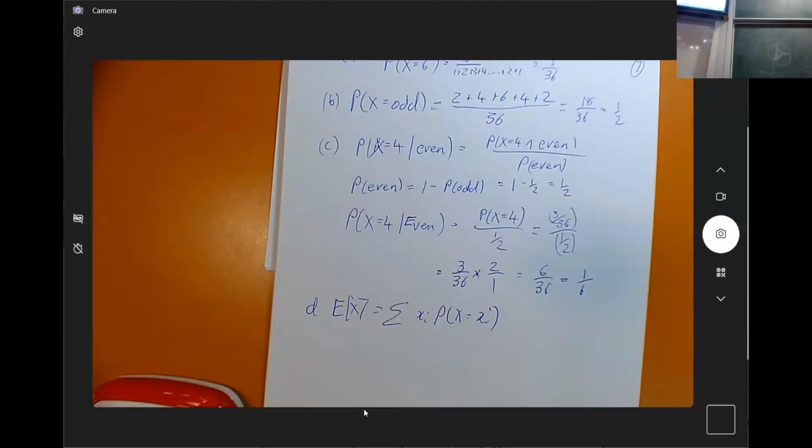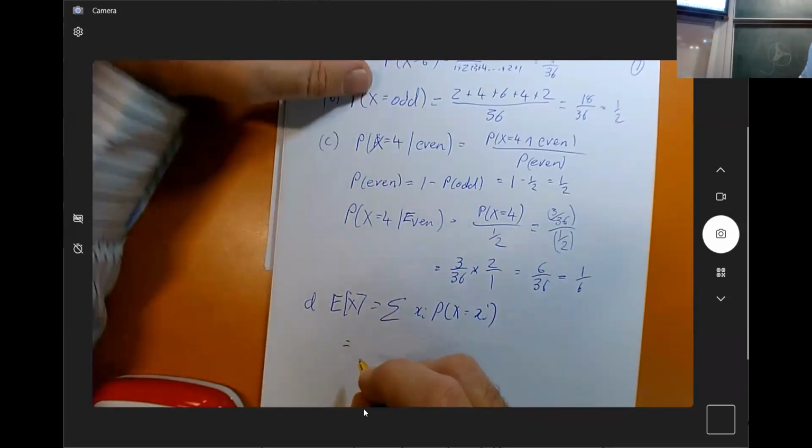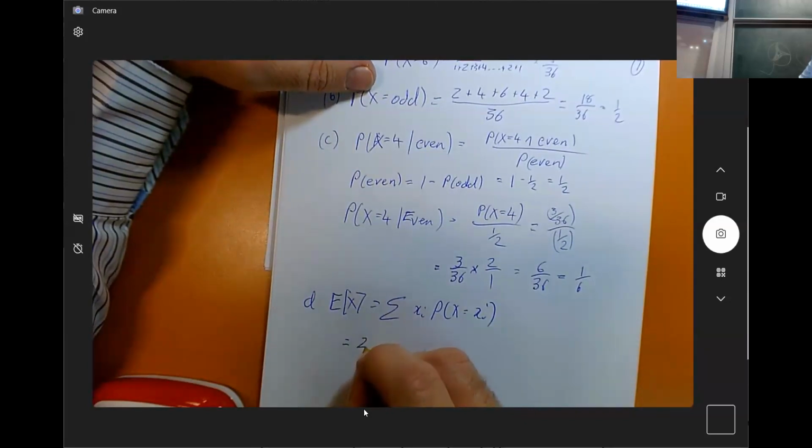It also says that if there's 6 or more, there's possibly a trick. There is a trick, but I'm not even going to bother with it, because it's just so much easier to say, hey, we've got all these numbers, let's just write them out. So x is equal to 2 times